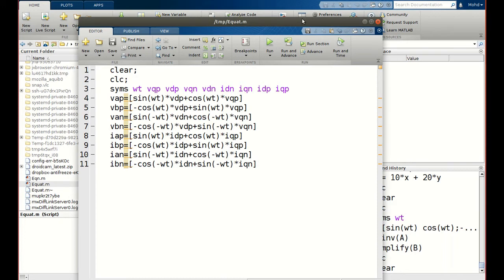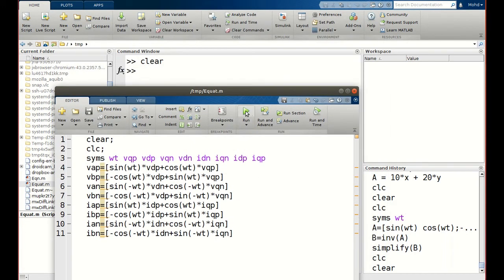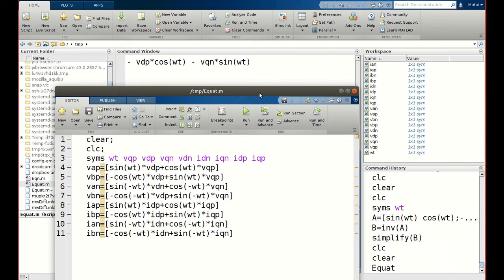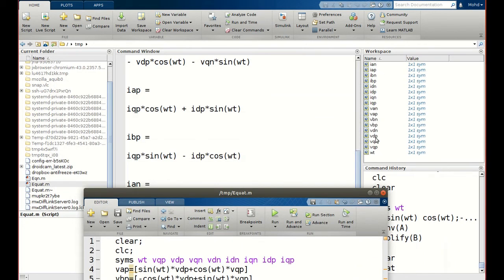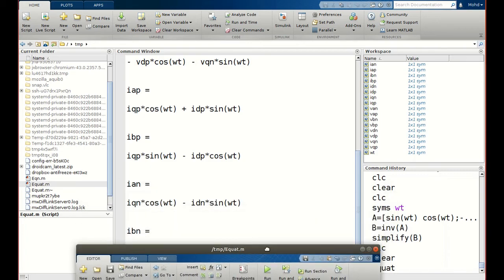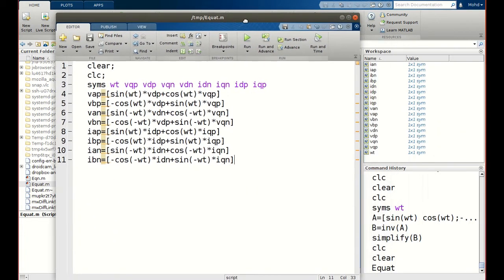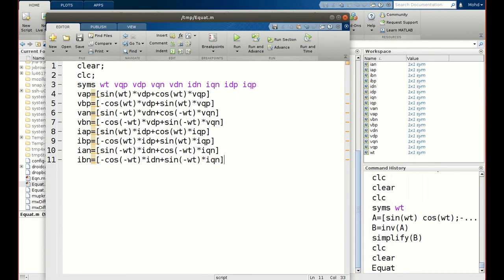So we can run and check this. Let me run it. Okay, so we got all our components here, alpha beta positive and negative current. Similarly for voltage, then D and Q components, and omega t, that is the angle at which the vector is rotating. So now we want to calculate the three-phase power. What will be the three-phase power for an unbalanced system which has some positive as well as negative voltage and currents?